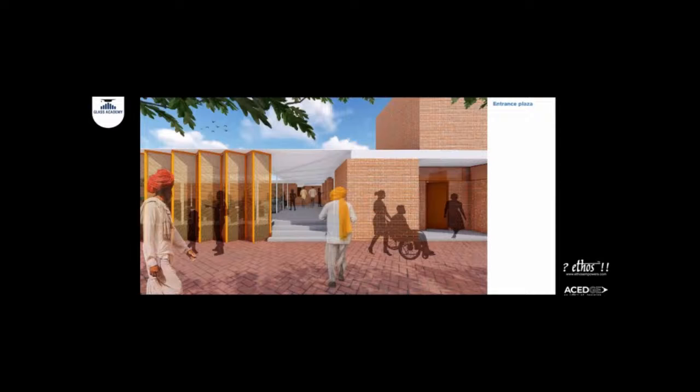And we have a big entry plaza in the front, so we had to leave a 10-meter setback from the edge of the site, based on the bylaws. So that front area allows one to have a free open space to navigate along the elevation of the building and to enter the multiple facilities.